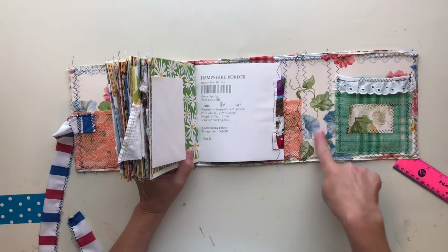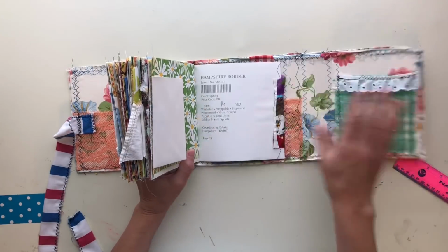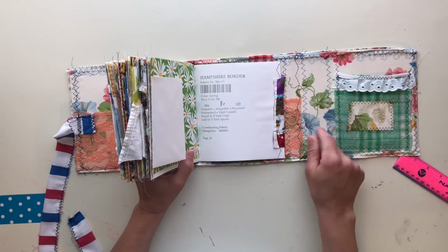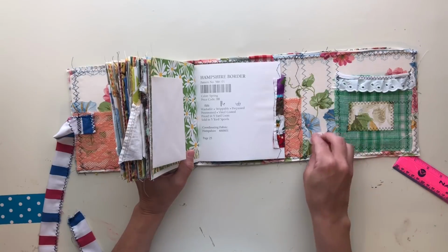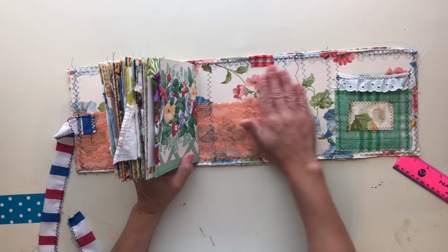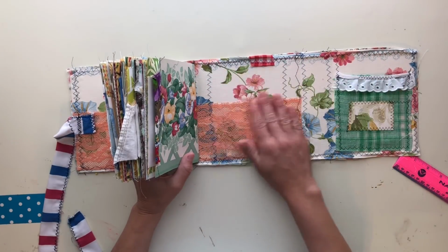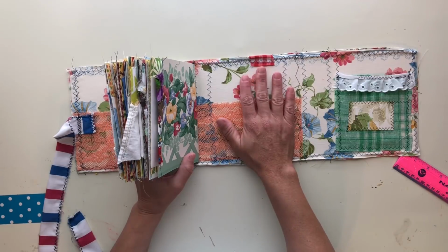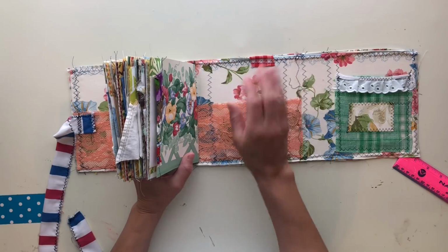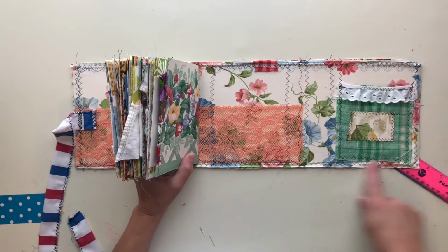This background that I have for these little small journals, these are an old Montgomery Ward drapery. I found a set that had never been opened this spring. They were pretty musty, so I had to do quite a bit of cleaning to them, and at one point my husband's like, you need to throw those away, and I was like, no, I think I can save them. So I got them smelling good, I got them looking good,